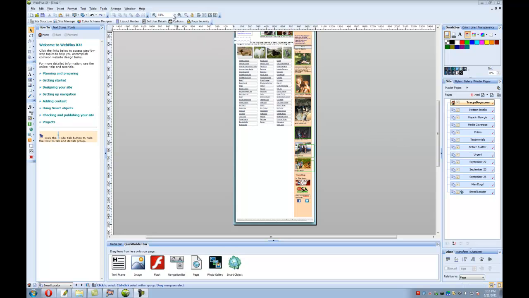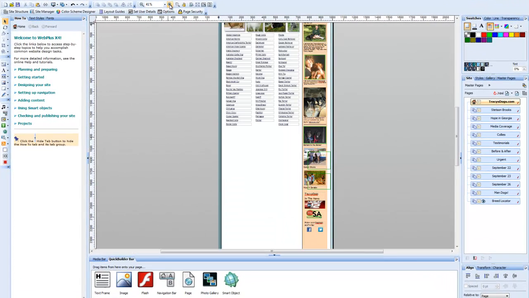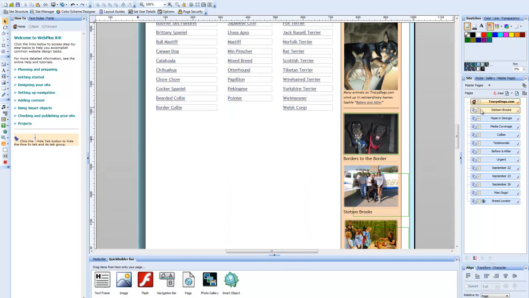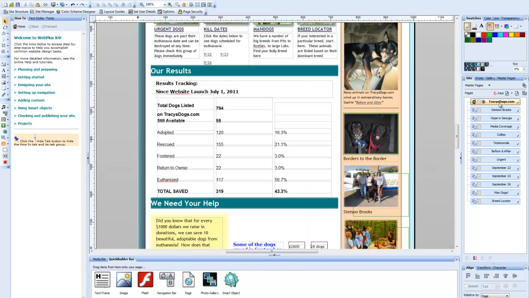And then the zoom function at the top. You can click on this to get a better view, because you're really going to need to get in precise, at least at first, and then you'll get used to how to work it. So I'm just going to set it to 100 really quick. And like I said, here are the different pages